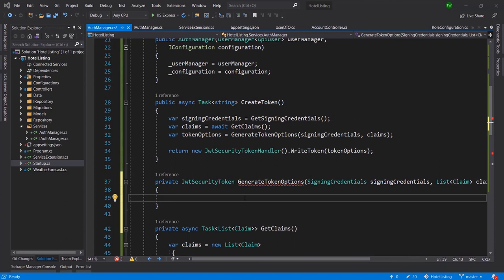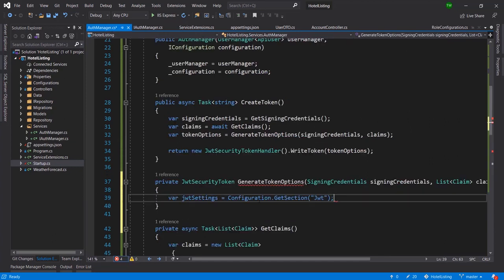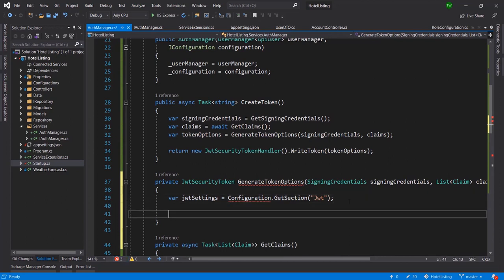Now, inside of this method, we have to get the settings. var JWT settings is equal to, and I really don't want to retype this. Let me see if I can just get it quickly here. Arguably, I could have retyped it, but that's fine. var settings is that. Then we say var token options is equal to new